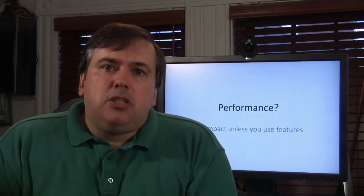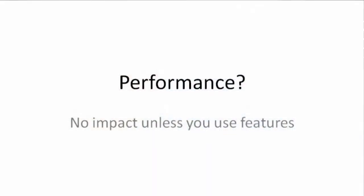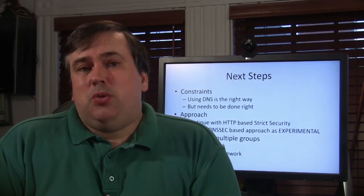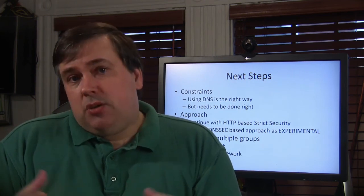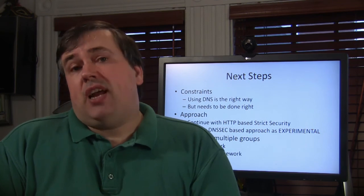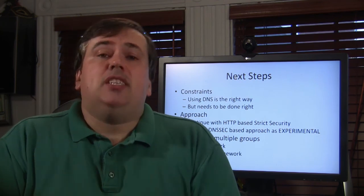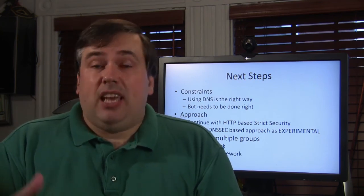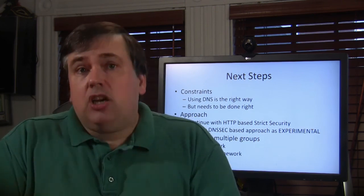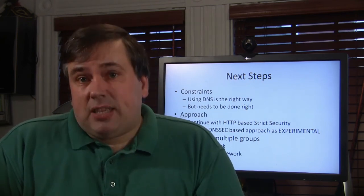How does this affect performance? Well, there's no impact using this extended discovery mechanism unless you're using the features. And what I'm proposing here is to do the strict security job right using DNS. I think that DNS is definitely the right tool for the job, but doing it right is going to take time. And so the approach that I'm suggesting is that we continue with doing HTTP-based strict security in the short term, but in parallel work on a longer term DNSSEC-based approach and start off doing that as an experimental approach